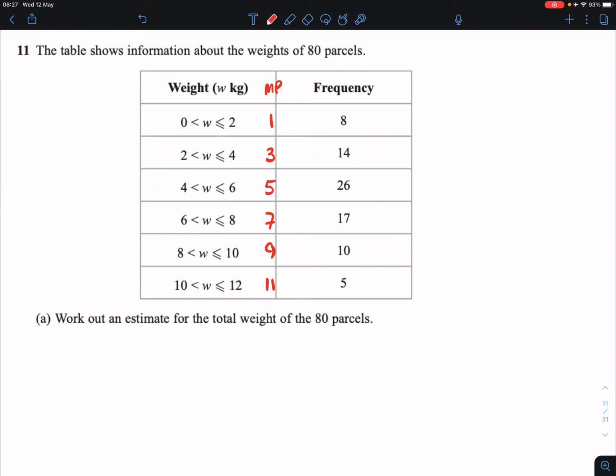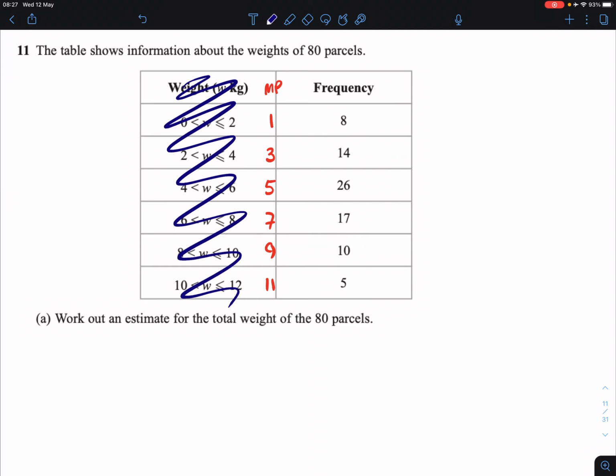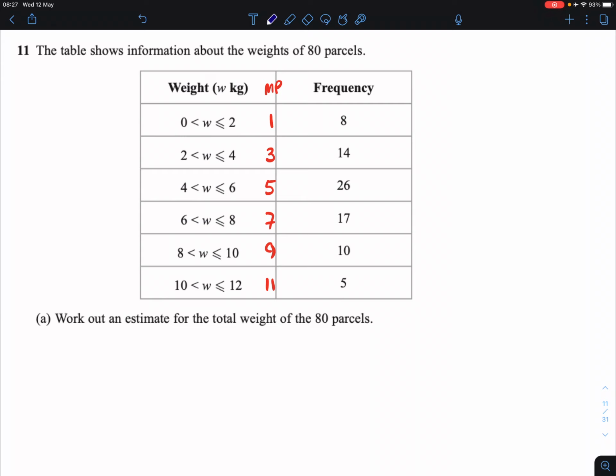So that's basically saying now, using that as an estimate, we just ignore the exact values for now. We just assume they're 1, 3, 5, 7, 9, and 11. The fact that we have 8 of these means that the mini total of all of those weights would be the product, 1 times 8 being 8. We do exactly the same with each one, trying to find the mini totals of the weights within each interval. So 3 times 14 gives us 42, 5 times 26 gives us 130, so on, so forth,